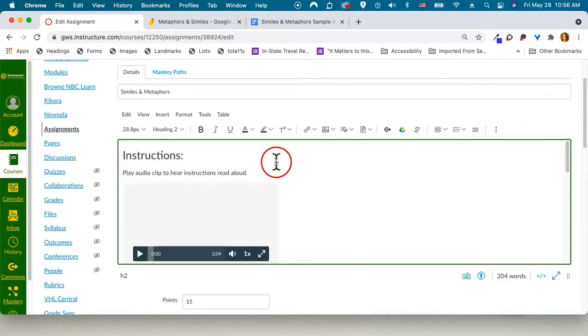I've now added a read aloud accommodation for all my students, which is a universal support. Students can choose to have the instructions read aloud, or they don't have to, or they can have them repeated as many times as needed.